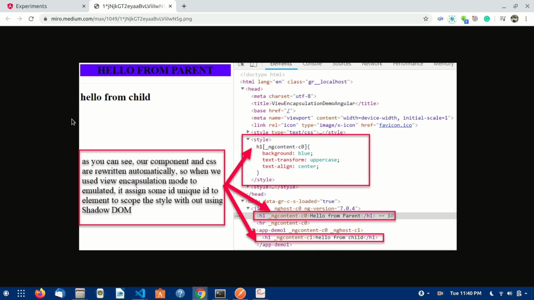Before understanding the concept, let's try to understand the term view encapsulation. In medical terms, a capsule is a combination of multiple chemicals which we get as a single capsule, and we cannot add anything after a capsule is made. Same way, Angular tries to encapsulate the view, which means the HTML and CSS part. So let's see how it works.